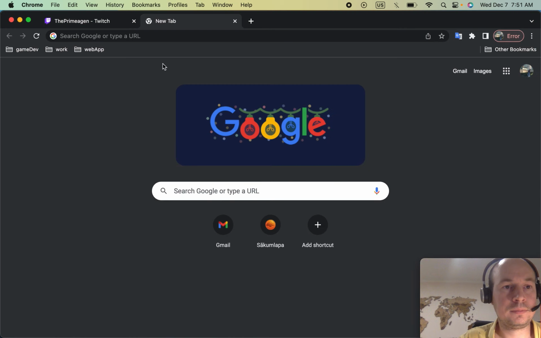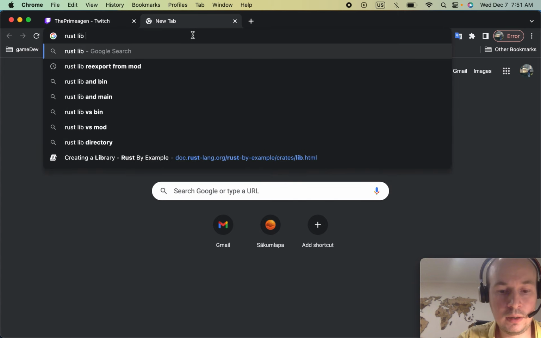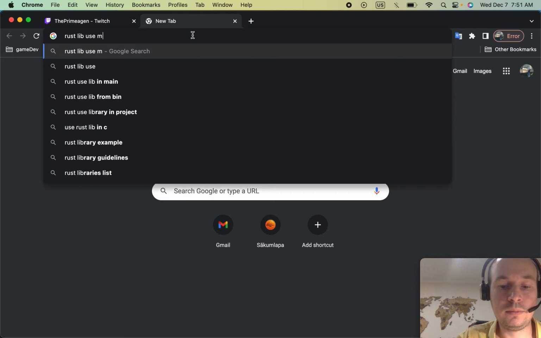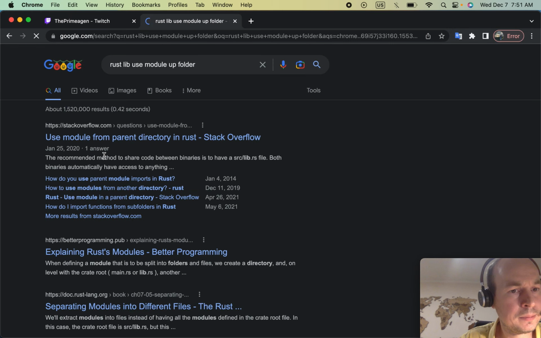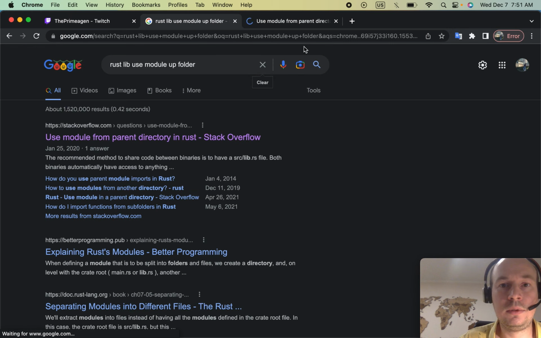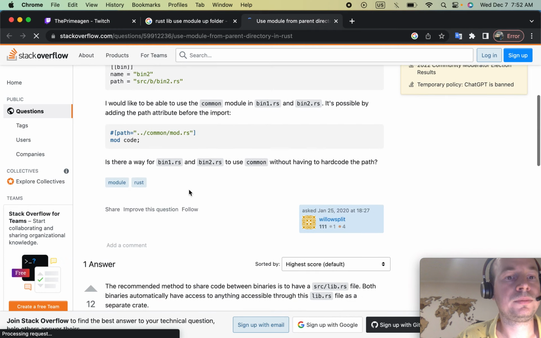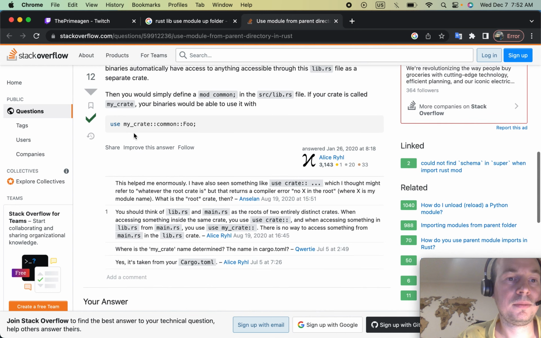Google. So Rust lib use module folder module up folder, use module from parent. So this is that. So this is my crate, which is